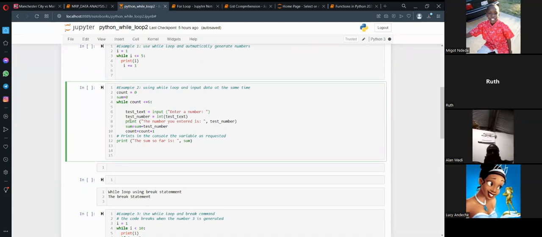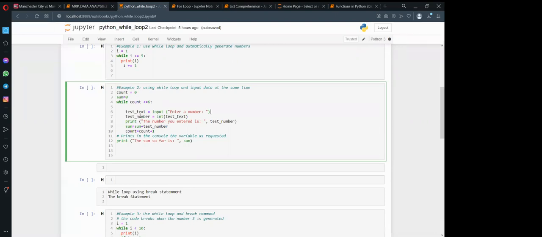Then we say print, the number you entered is, then it will pick the variable that you have converted. If you pick this test text, it will not work. So make sure that you pick the variable which you have converted, which is called test number.